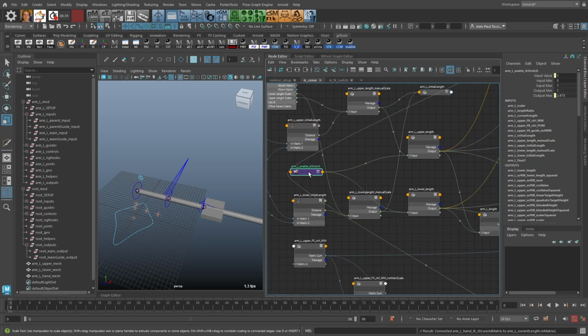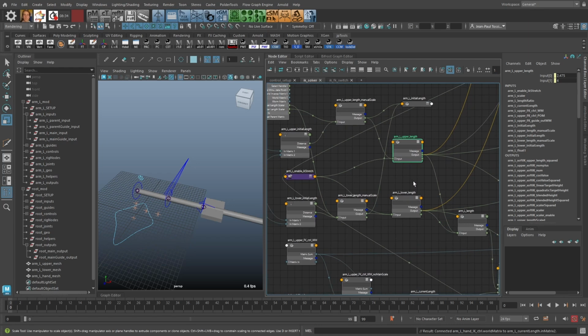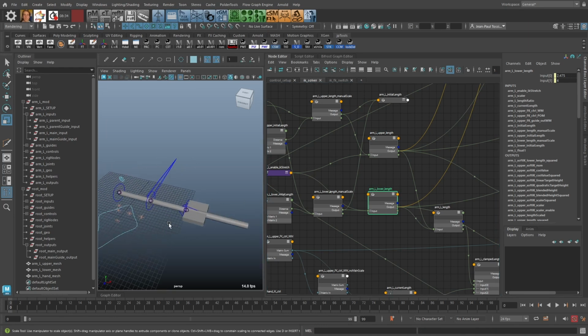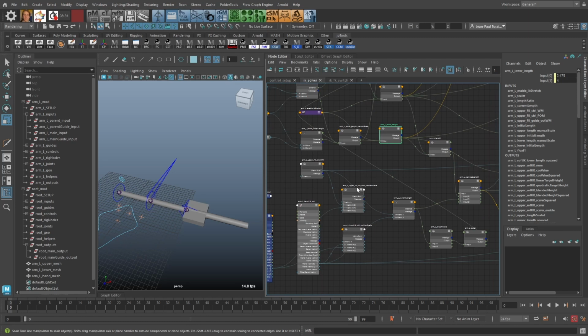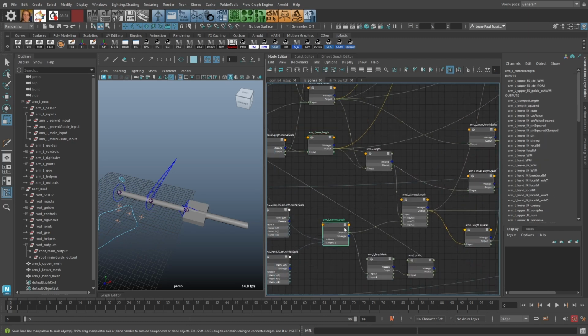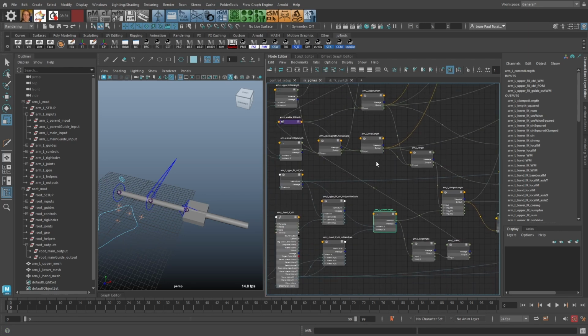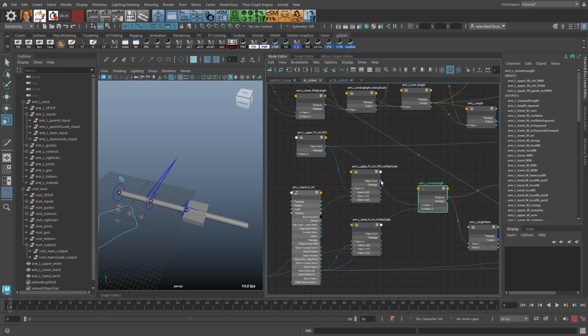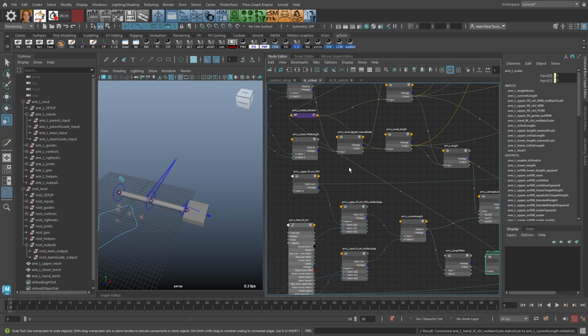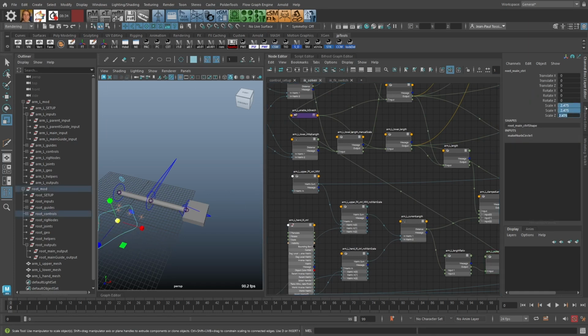So then with the length scaling enabled, this feeds into the upper length and lower length scalars, and these are used for the FK. So that's why the FK gets blown out of proportion when we do not compensate for the scale. And for the IK, the issue was coming from the unscaled length in the IK solver. So let's set the connections to the scaled versions again, and then this problem is resolved because the scalar is back to 1. So let's reset the scale value to 1,